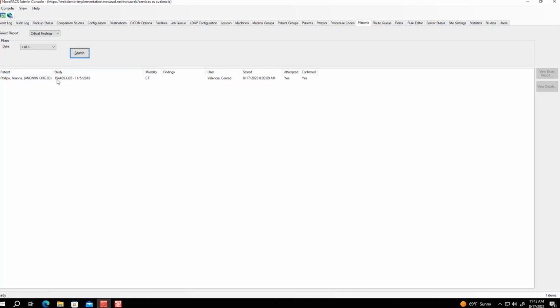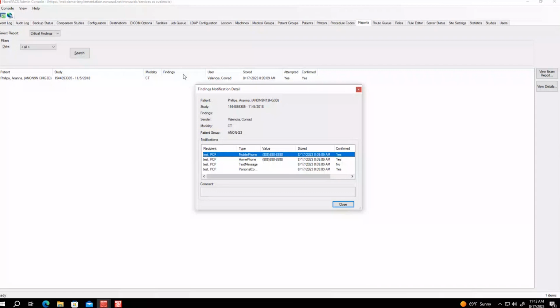And they're given the option to enter a few different parts of information. They get to add what the finding is for that critical finding, and then they can also document what contact information or who they contacted for that critical finding, and informed about that critical finding.